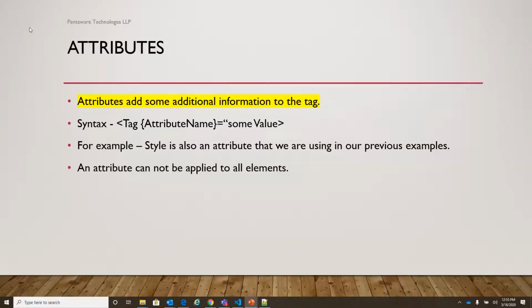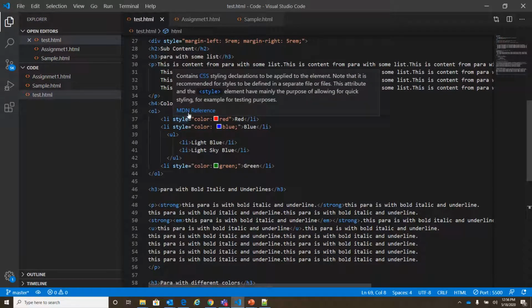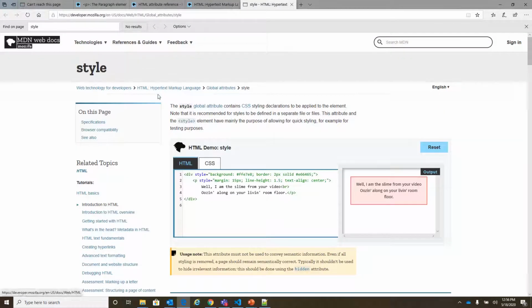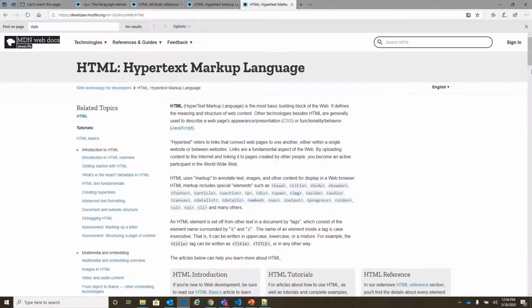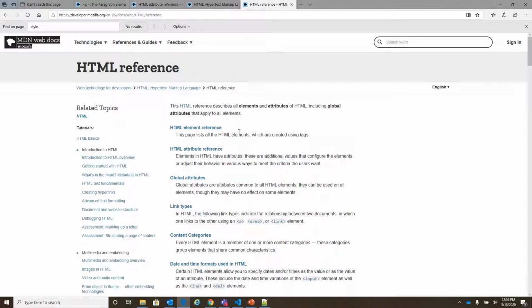And finally, attributes cannot be applied to all elements. What does this statement mean? If we go to the MDN reference of the style element, just go back to HTML and move to the HTML reference section. In the previous sessions we studied the element reference.